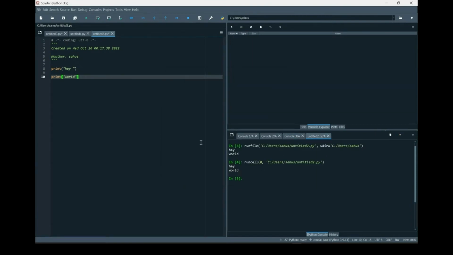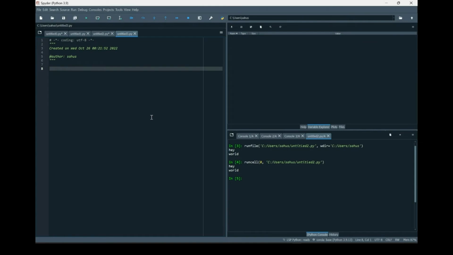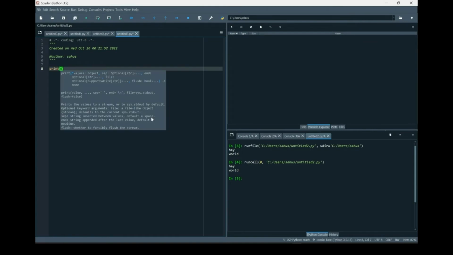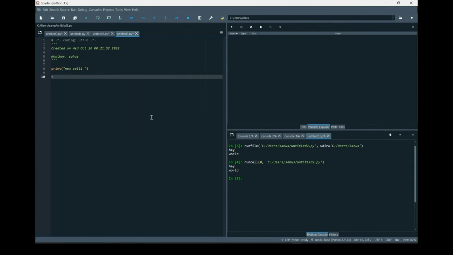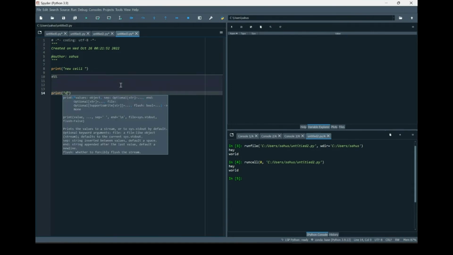So it is quite interesting, but more interesting is that we can add more cells at a time in one script or new file only. To open a new file, just type here print new cell 1, and just give space and write here space hash percentile. You can see this gray line. It will just divide your script into two parts, upper cell and lower cell, and just type a code